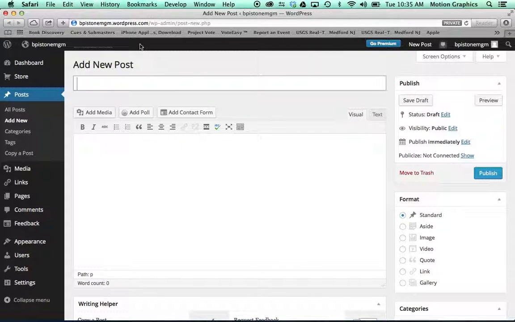Welcome to this tutorial on adding a new post in WordPress, and we're going to be talking about hyperlinking and embedding and doing a bit of assessment as well. So we're going to call this example assignment. There we go. And we will now